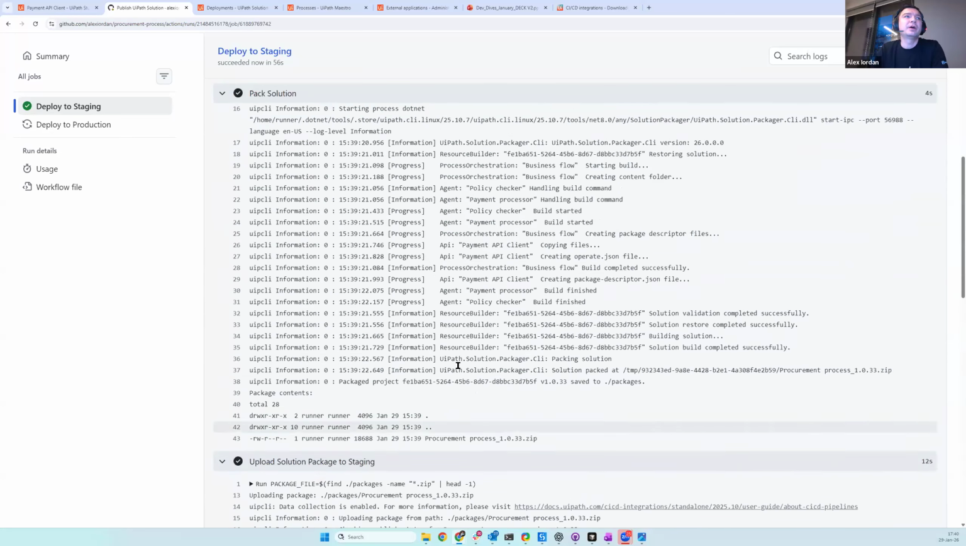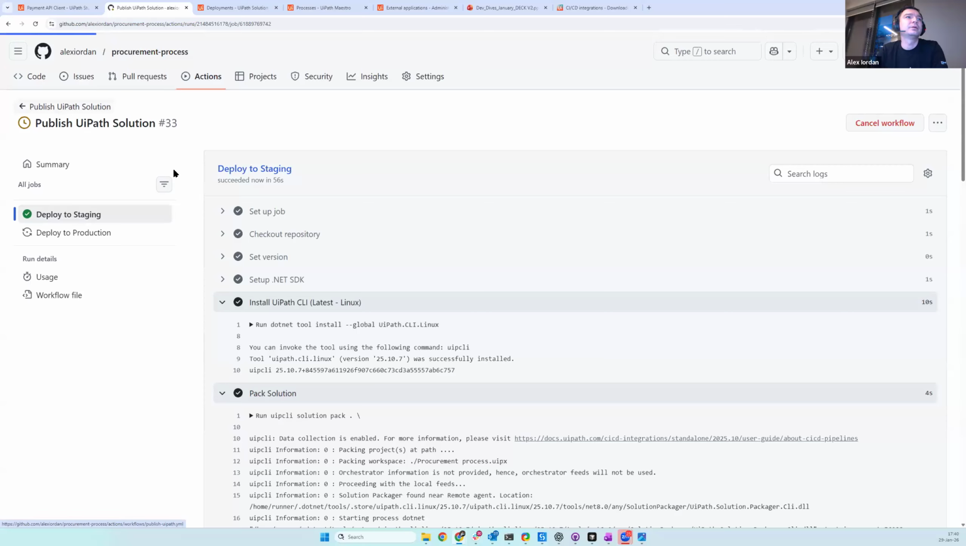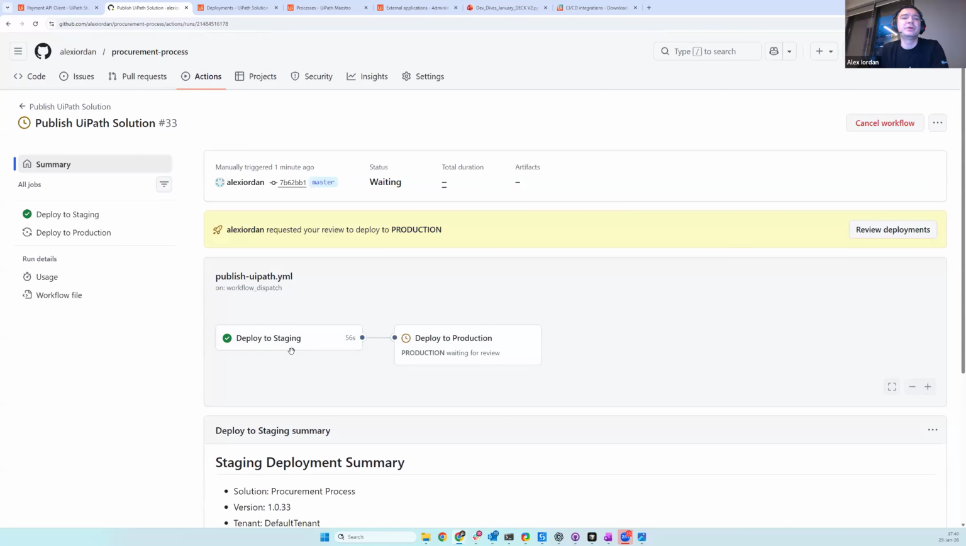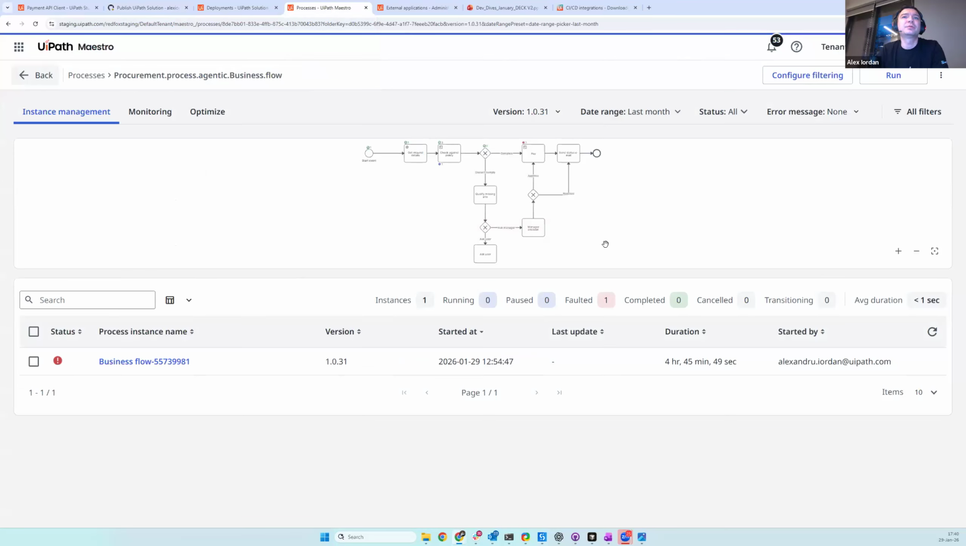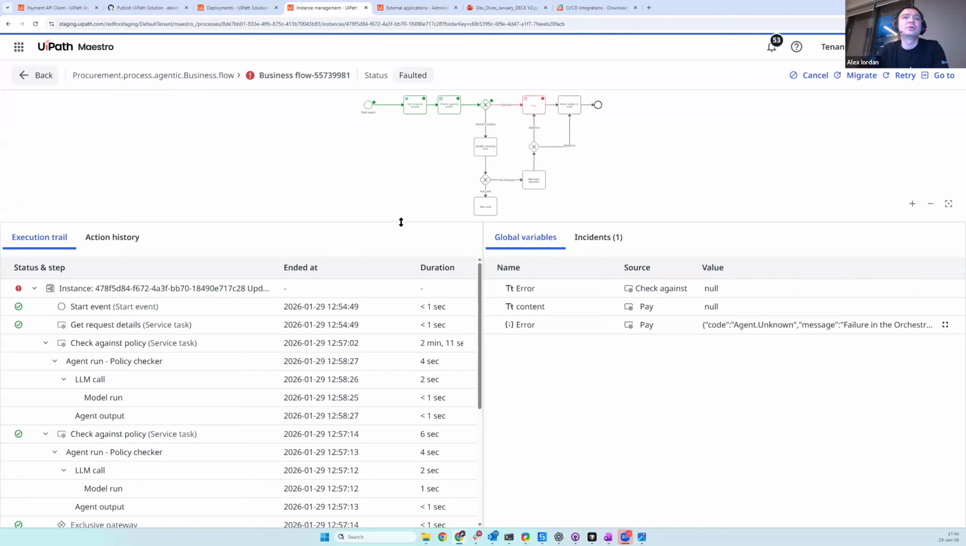So if I'm stepping a bit back, I'll see that for this one, I've deployed it to staging and it is not yet deployed to production. So it waits for someone to acknowledge or to approve this before going to production. So what should I do now? Let me take a look into my Maestro process here. And if I look at this,